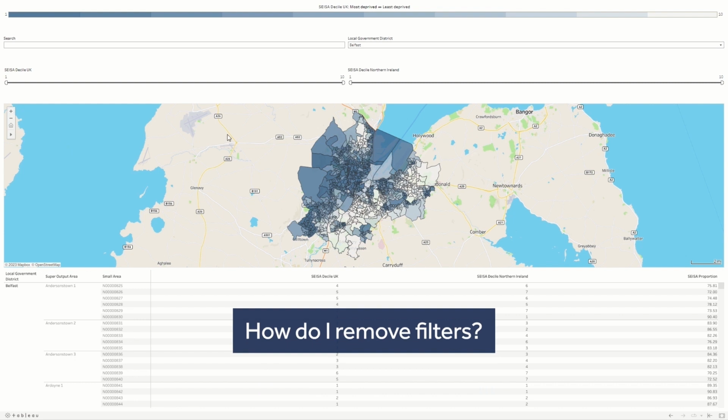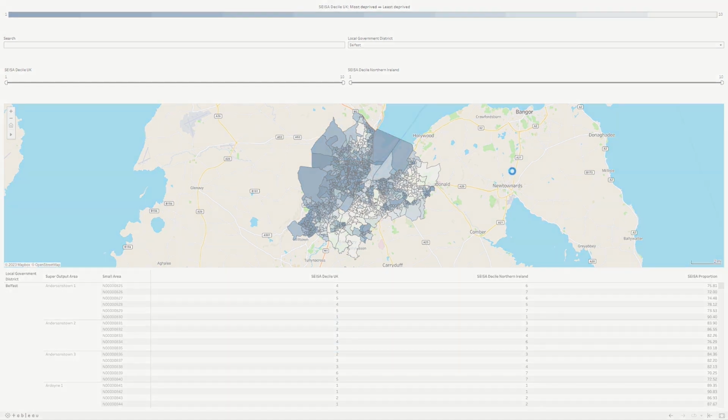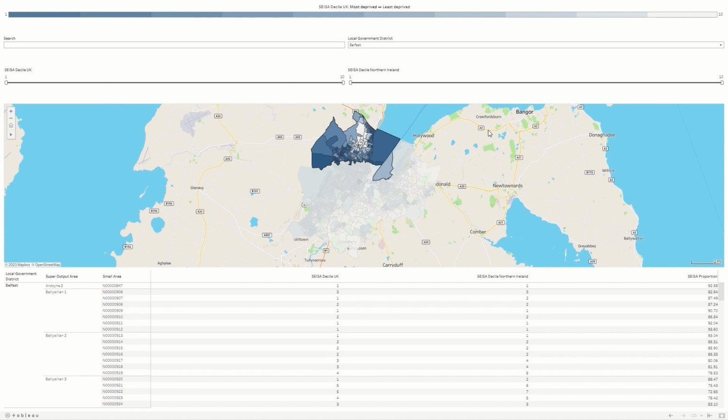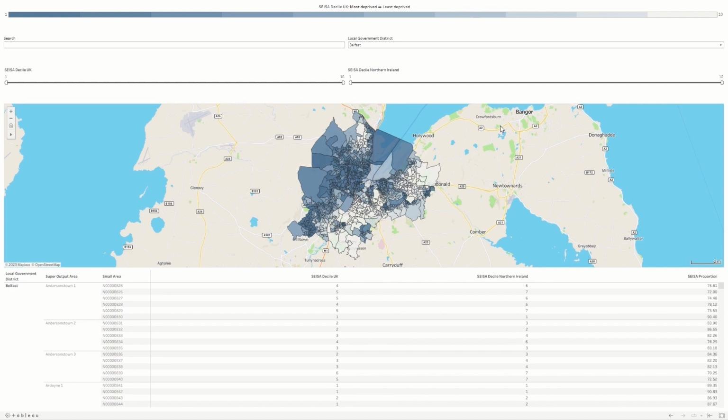If you have used the map tools to restrict the maps, please click on an area of the maps that does not have any small areas in the blue shade. This will undo the restriction and remove the filter from the data. After this, please click the Zoom Home button to ensure the maps are properly reset.